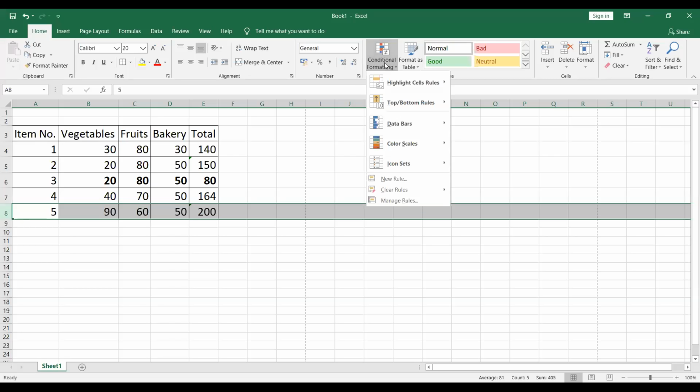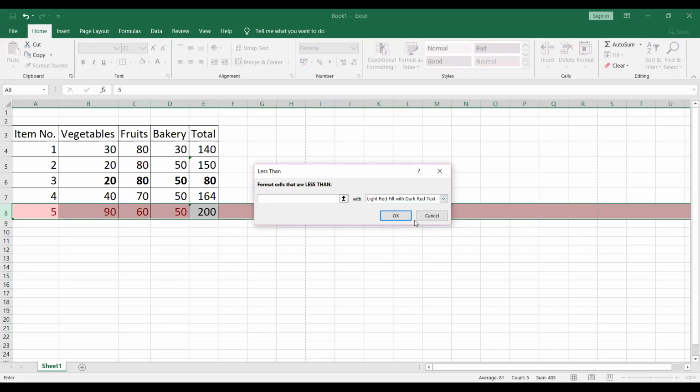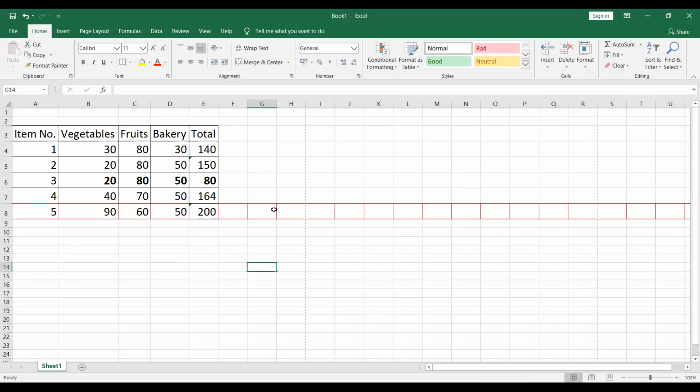and then you can click on this conditional formatting. You can highlight the cell rules like greater than, smaller than. If I have to select less than, then I can write less than 100. And then I can set that I want to highlight it with red border. As you can see, red colored border is applied to those cells which are less than 100, and here you have only black line. Why? Because it is more than 100, and for those which are less, these are red in color. So this is known as your conditional formatting.